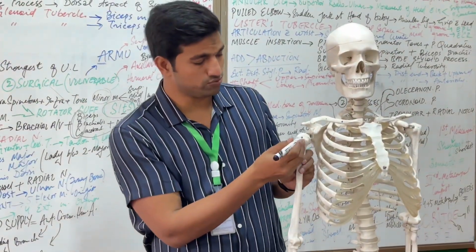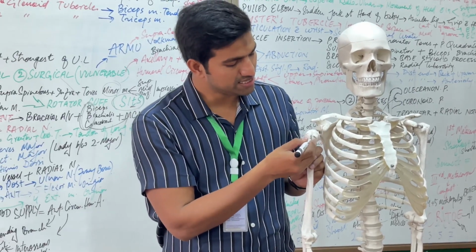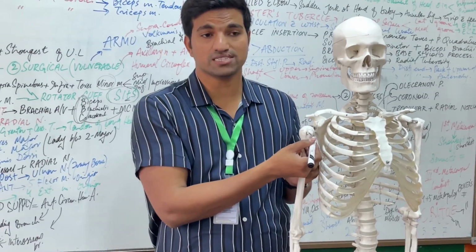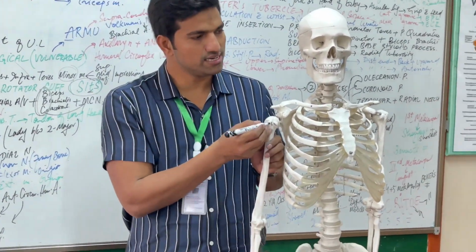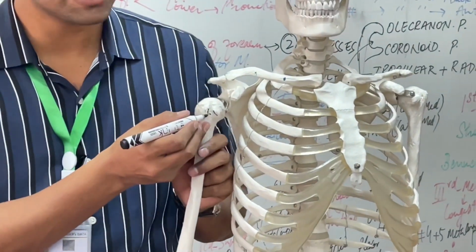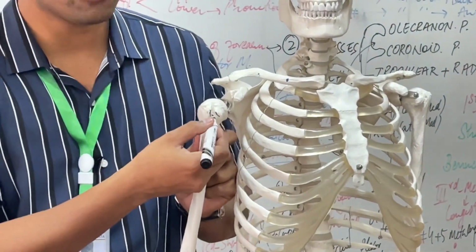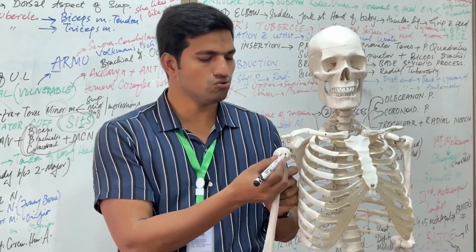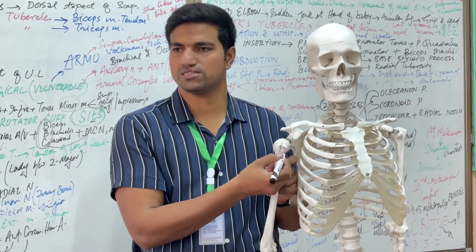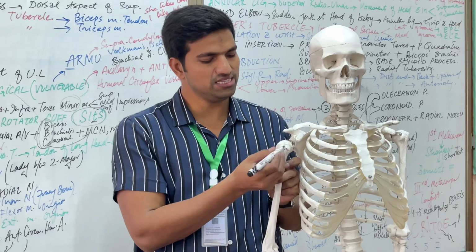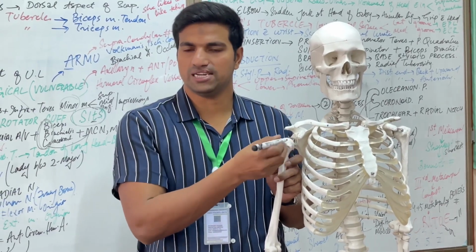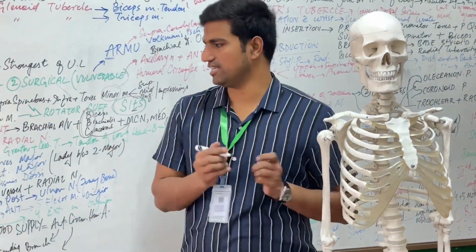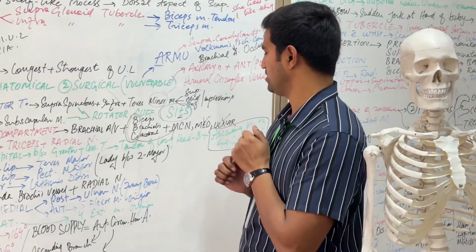And in the bicipital groove, we have a medial lip and lateral lip, and then we have the floor. The medial lip attaches with which major muscle? Teres major. And the lateral lip attaches with which major muscle? Pectoralis major. And the floor attaches with which muscle? Latissimus dorsi. So you can see a lady between two majors. Latissimus dorsi is present at the floor, between the lateral lip and medial lip. The lateral lip attaches to pectoralis major and the medial lip to teres major. Lady between the two majors. Only important to remember, nothing else.